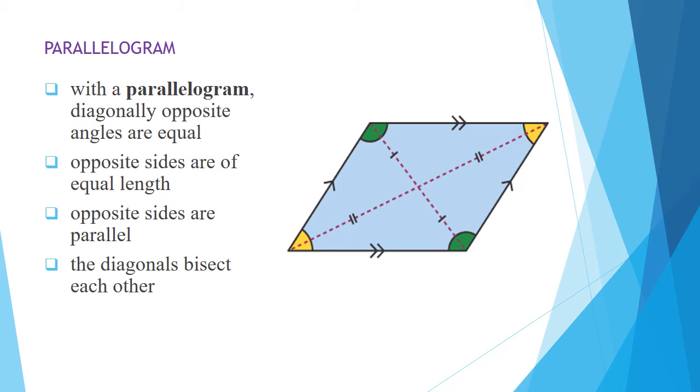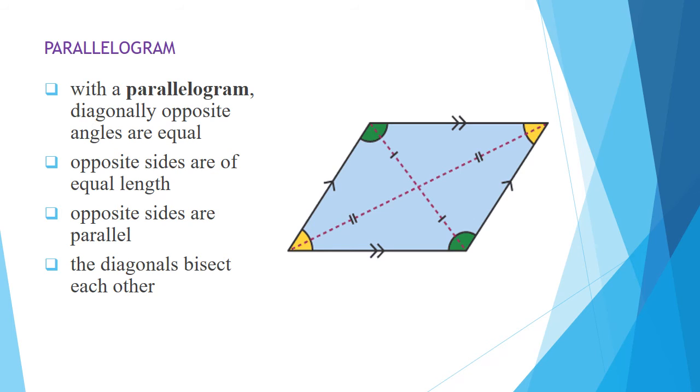Now let's look at a parallelogram. So for a parallelogram, you would have the opposite angles being equal. So this is just like rhombus. I mean like the fact that the opposite angles are equal. So that's one common feature that a parallelogram has with a rhombus. The opposite angles are equal. Then also the opposite sides are equal in length, shown by the double arrows. So top down, top, and then side, the single arrows, showing that the opposite sides are of equal length and